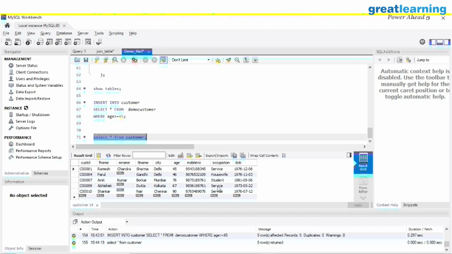These are the customer IDs. The names are Ramesh, Parul, Amit, Abhishek, Shankar, right? Whose ages are 45, 46, 76, 67 and 19. So all the ages we have are greater than or equal to 45. This is how you can use the insert command with the subquery.